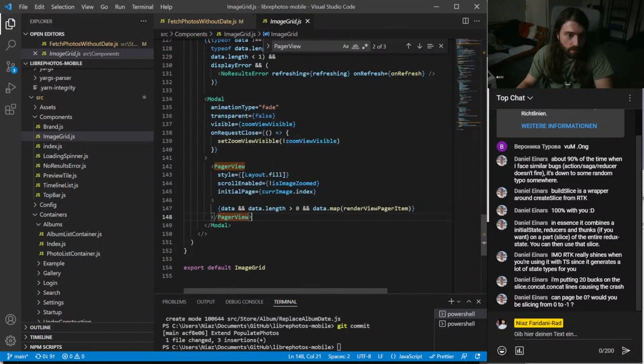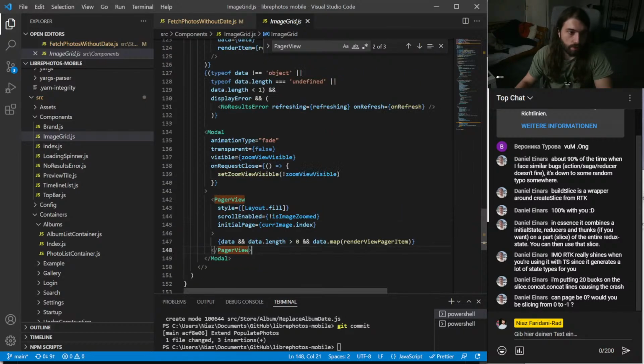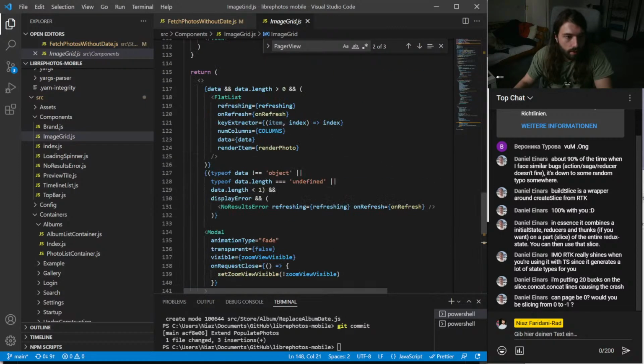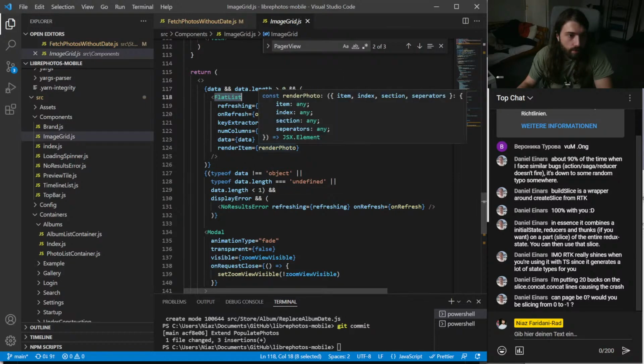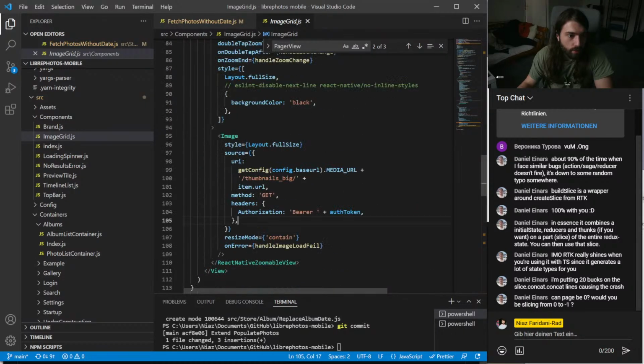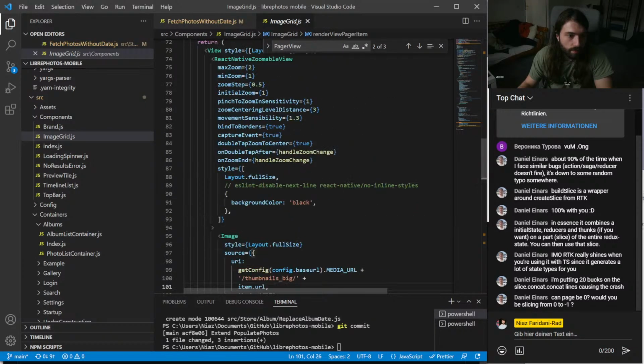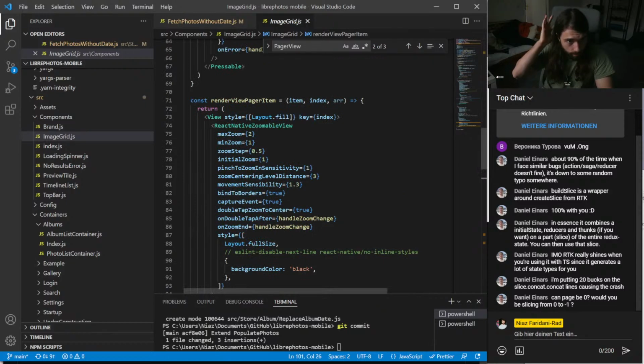What is that? Alright, so that's just for going through the images. Interesting. So flat list. That's also interesting. Render photo. Right.